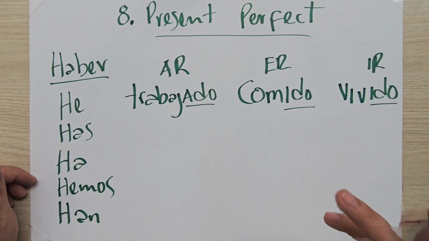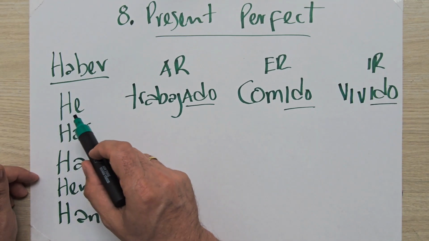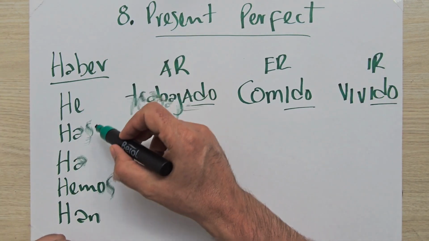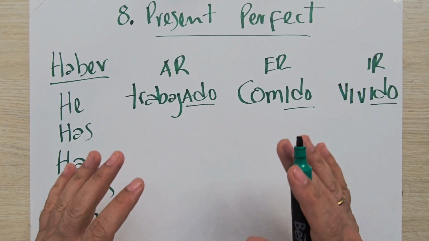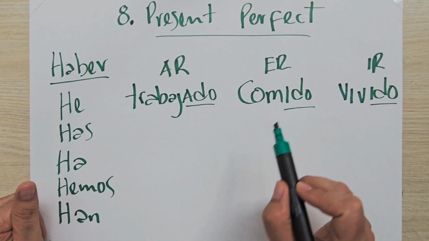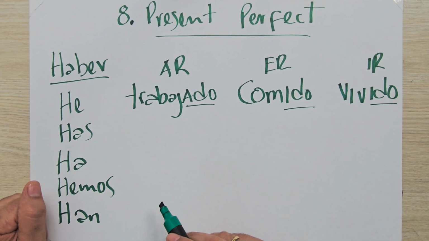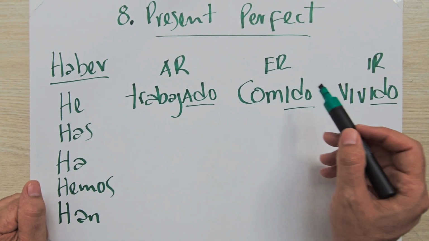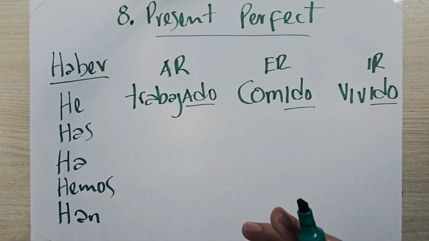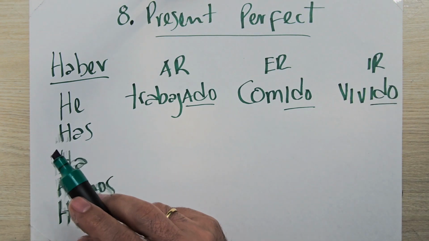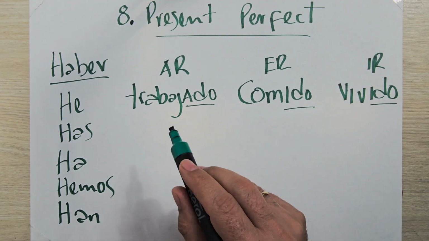This is very important. The pronunciation is very important. He trabajado. We pronounce both verbs together. We do not make a pause between the verbs. So we say, he trabajado, he comido, he vivido. I've worked, I've eaten, I've lived. Like I said in the very beginning, people in Spain use this tense to talk about specific moments in the